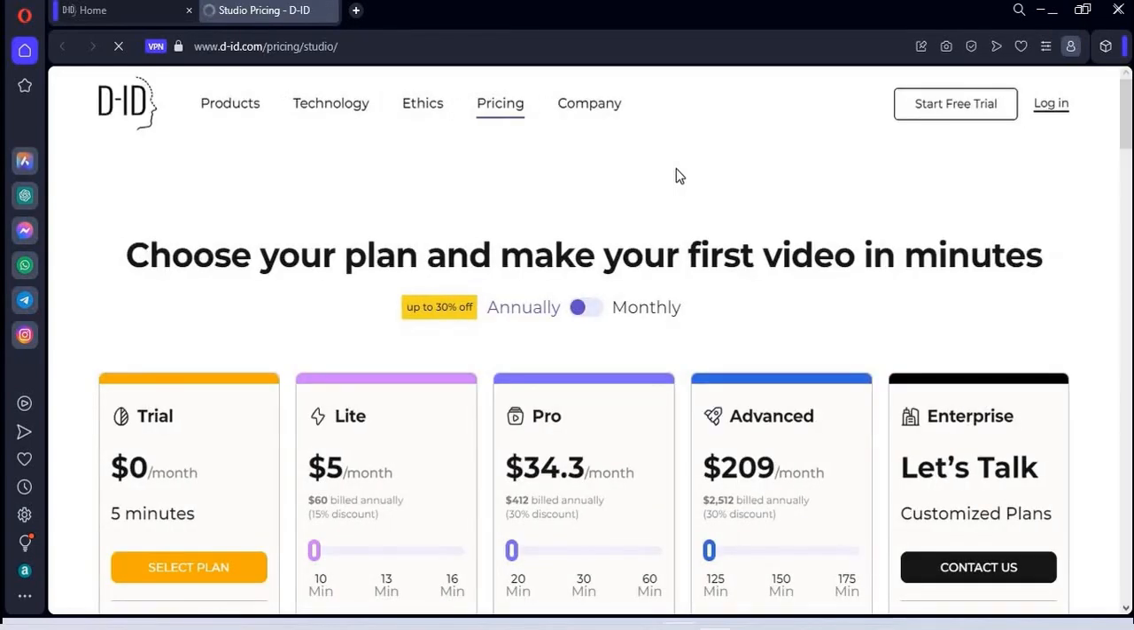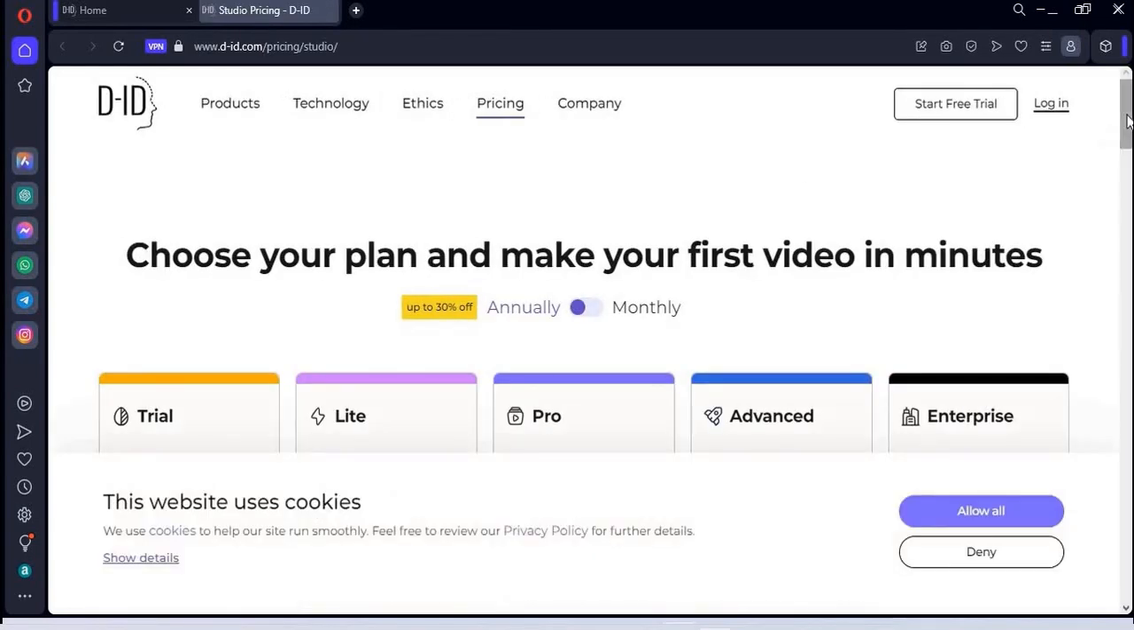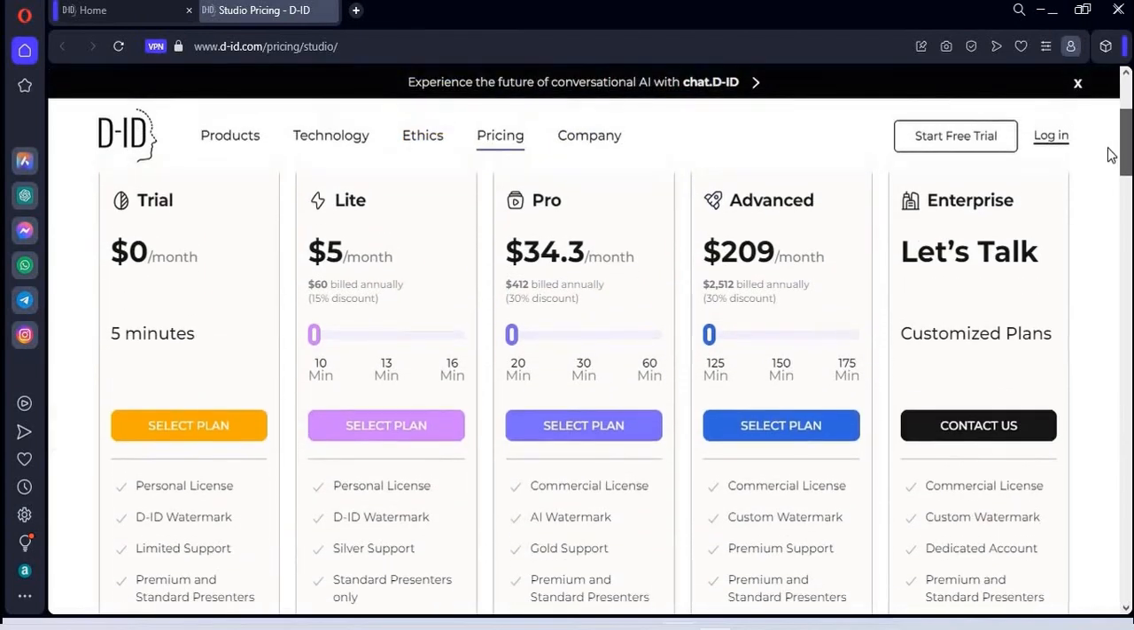If you look at the pricing, they have a variety of pricing. So choose your plan and make your first video in minutes. They have a free trial, which is for 5 minutes. You'll only get 5 minutes of video time. You will get a $5 thing, a $34 thing, a $209 thing, and then an enterprise plan where you need